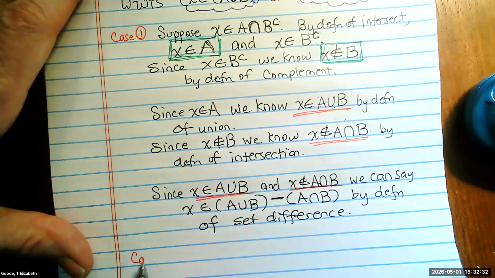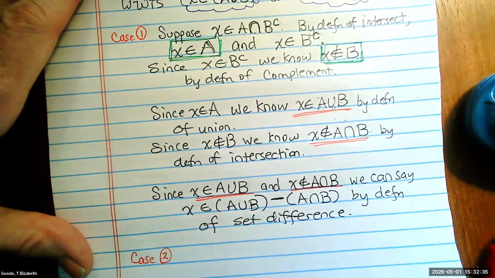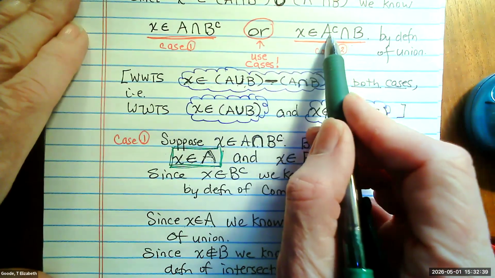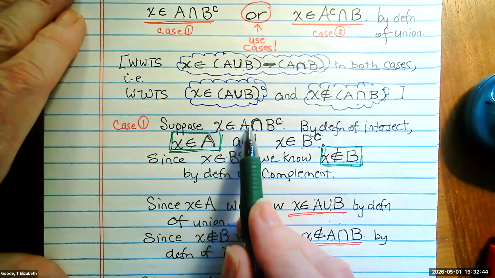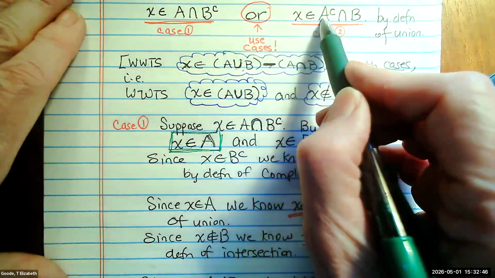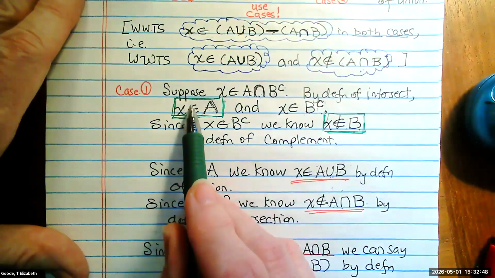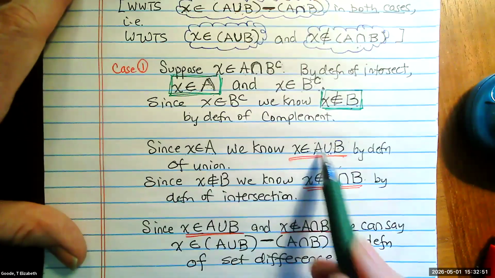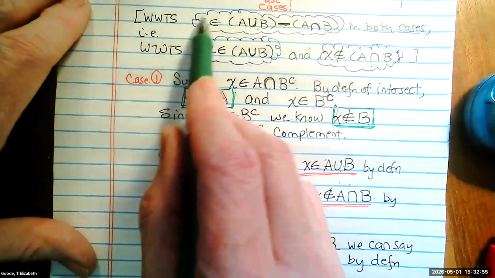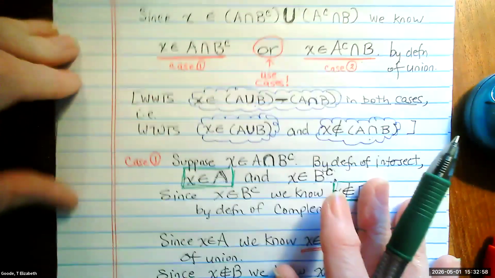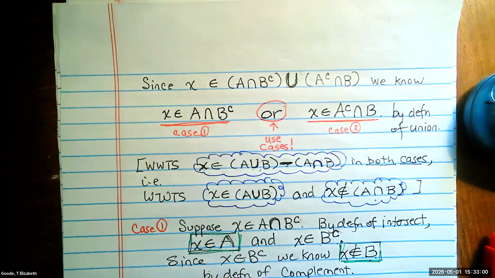Okay. Now you do case two later, all right? It's going to look a lot like case one. See, case two, you're going to have X is in A complement intersect B. In case one, we had X is in A intersect B complement. It'll be a little different. You're going to get a little bit different facts, but you'll still be able to get the wish. This is the ultimate wish to get X in this set difference, right? Because we're trying to prove